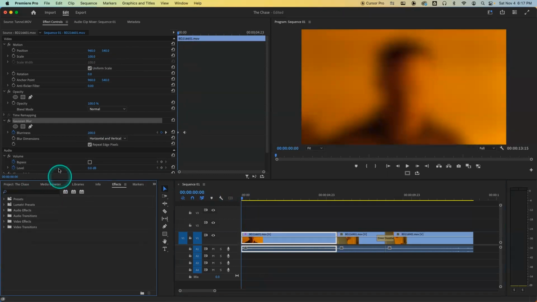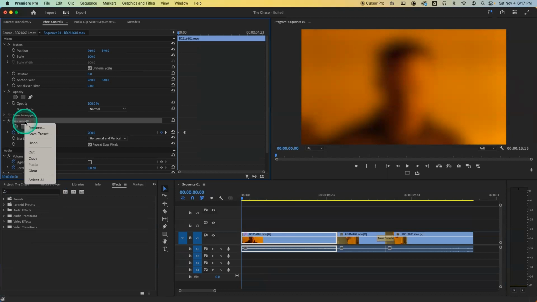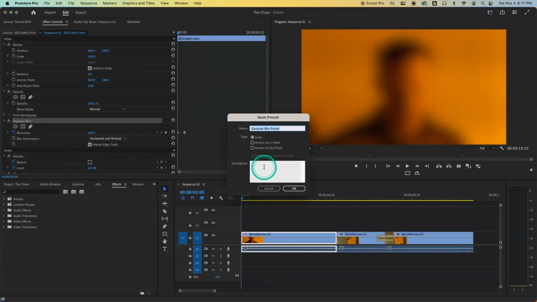It's fantastic. It's beautiful. I can go here, right-click on this, and go Save Preset. By Save Preset, I can save this Gaussian blur as a preset of doing this exact thing. I'll say Save Preset, and I'll call it Gaussian